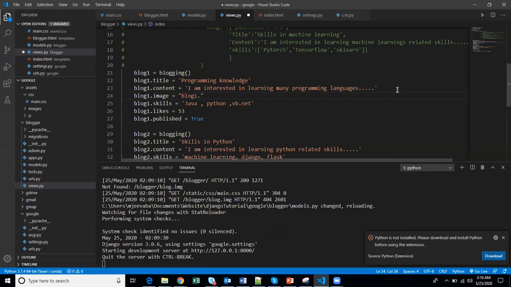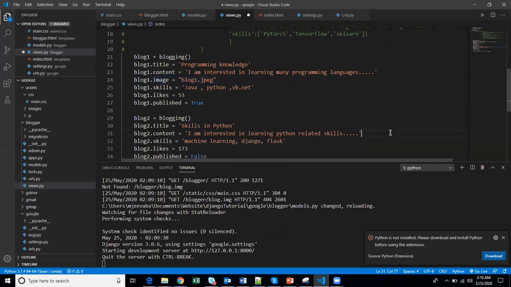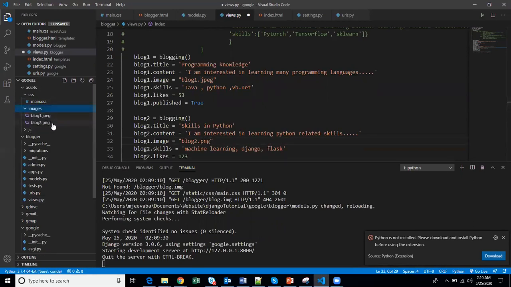But it's nice to learn for other purposes. Okay, blog1 dot, the first one is JPG format, and blog2 is PNG format. You could see here JPG and PNG. I'll just add it.